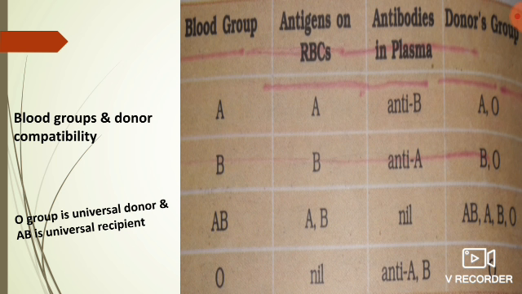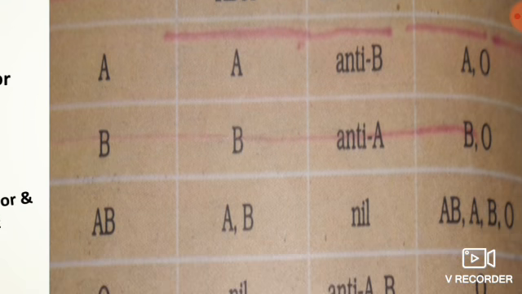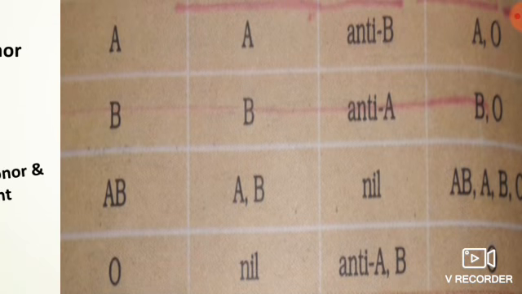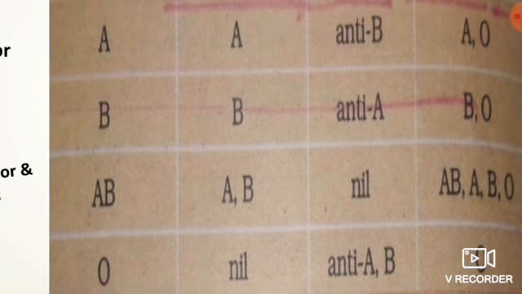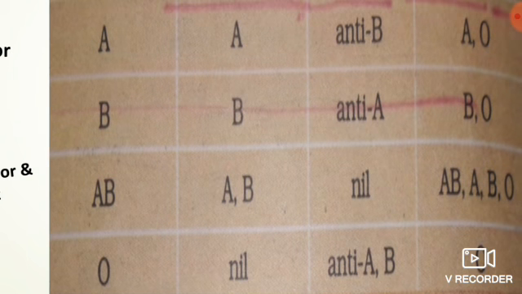During blood transfusion, any blood cannot be used. The blood of a donor has to be carefully matched with the blood of a recipient before any blood transfusion, to avoid severe problems of clumping, including destruction of RBC. So there should be donor compatibility. For blood group A, the donor will be blood group A and blood group O, as O is the universal donor. For blood group B, the donor will be blood group B and blood group O. AB is universal recipient, so the donor can be AB, A, B or O blood group. And for O blood group, the donor will only be O.